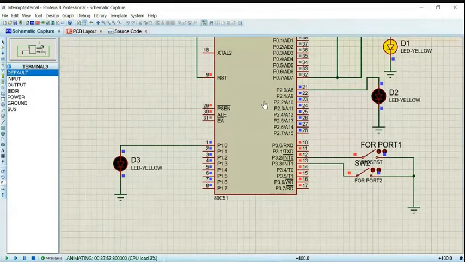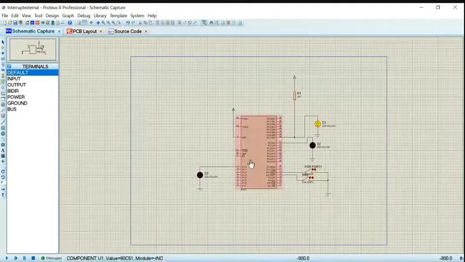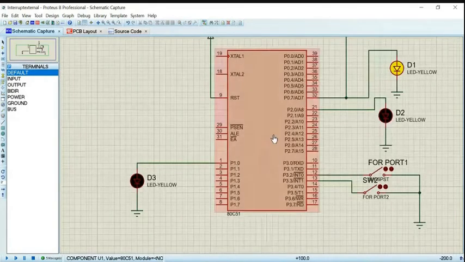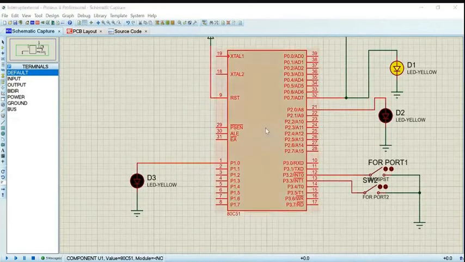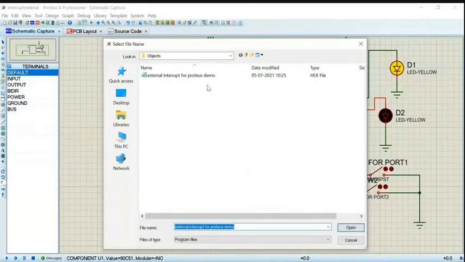Now, how to load the hex file? Stop it first. Double click on the microcontroller. I have created the project named external interrupt for Proteus demo.